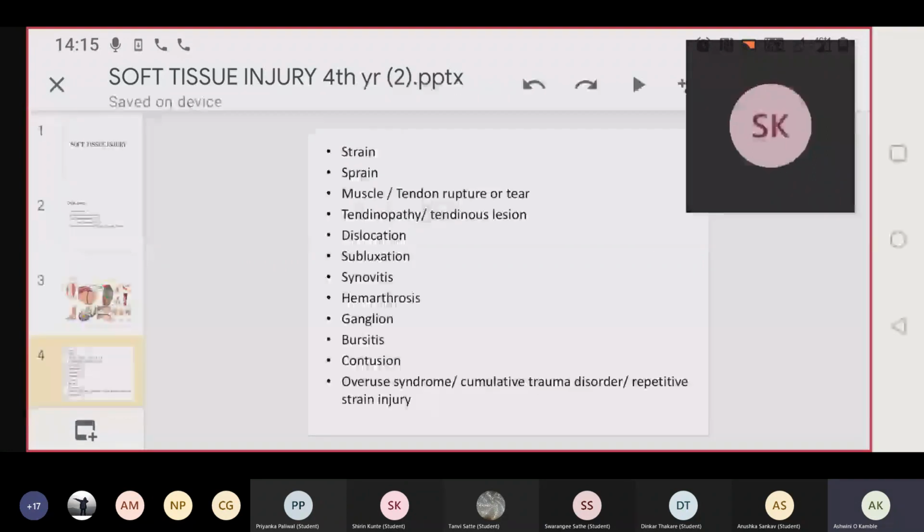Dislocation, what is dislocation? When the articulating surfaces of the joint are not in contact with each other, that is dislocation. And dislocation also leads to surrounding soft tissue